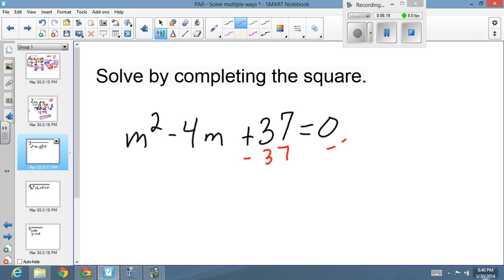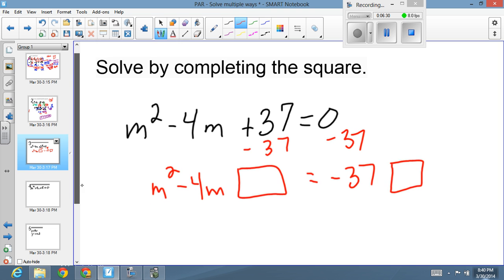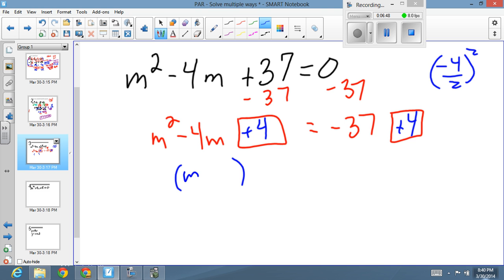I'm going to subtract the 37. So I have m squared minus 4m. I'm leaving this open space so that I can put something in that will enable me to complete the square. Well, this is kind of the same as the last one in that if I take negative 4, I cut it in half, then I square it, that gives me a positive 4. And by doing that, now I can write this as m minus 2 squared